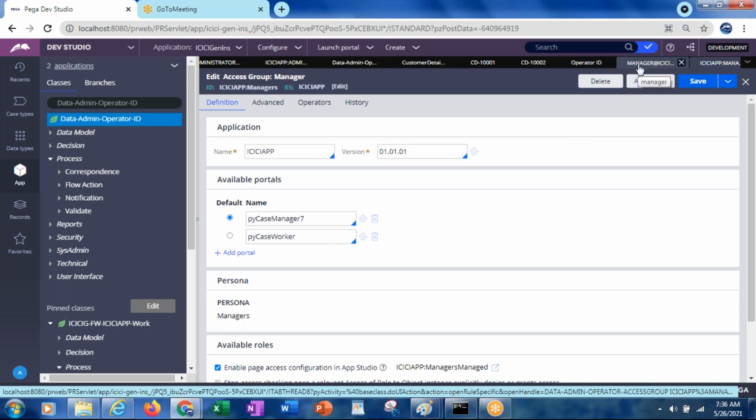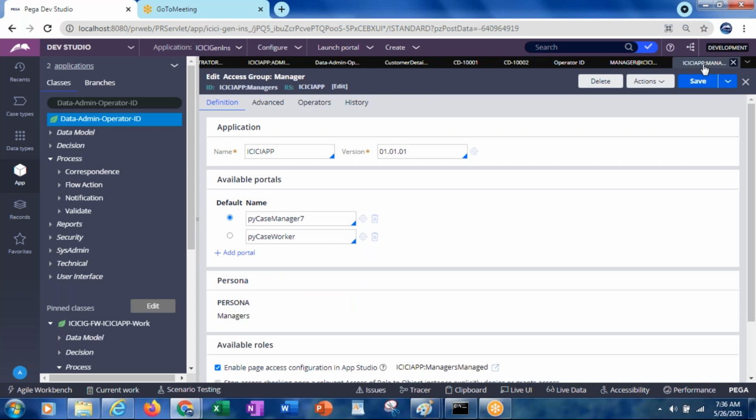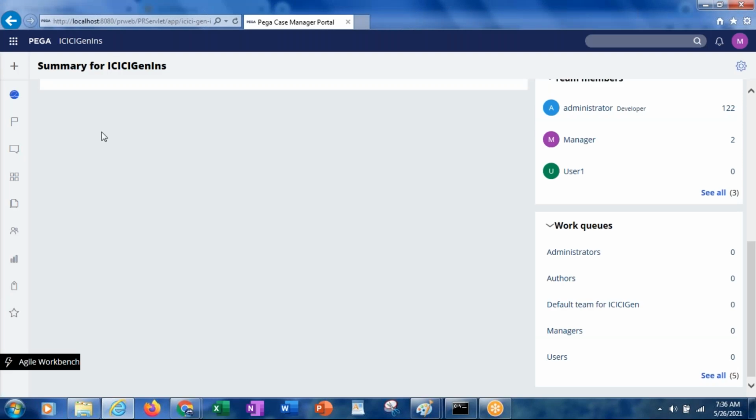administrator studio, right? We have seen that: PX admin studio, developer, PX Express. These three default portals are not available for this manager access group. That is the reason why, when you log in as a manager operator ID in Internet Explorer, by default it shows the case manager portal.